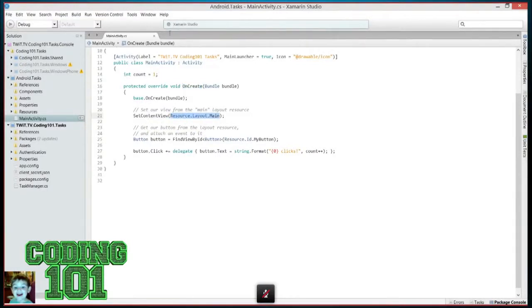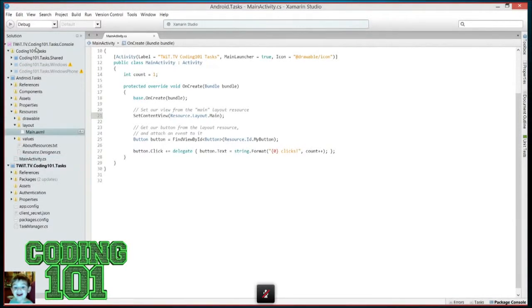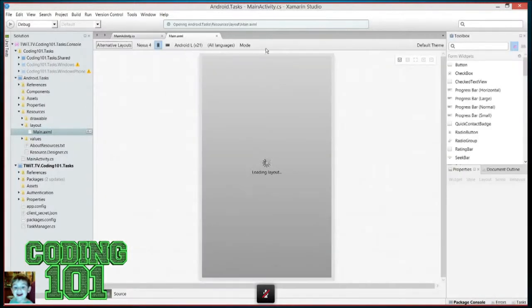It's going to load what we call the main window. And so it's saying, okay, the main window is inside of resource, layout, main. So let's go look in there. So resources, layout, and there's main right there. So let's go ahead and open that guy up. And you notice the first thing you'll see